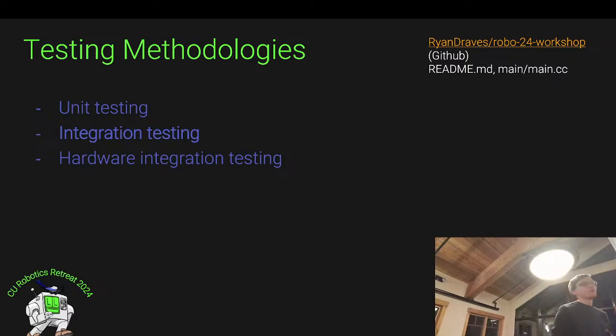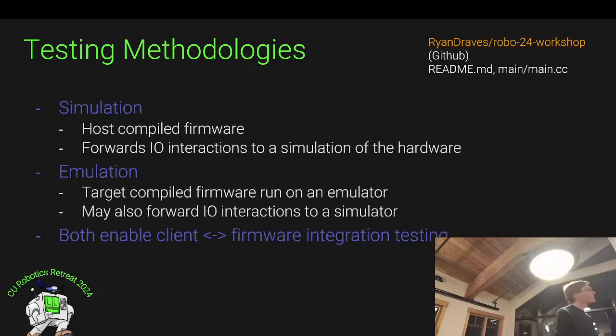So the next idea here is integration testing. How do I test my system end-to-end, right? Without hardware in the loop, there's usually two different options for how you do this. One of them is, instead of just abstracting away the GPIO interactions, how can I compile my entire firmware image onto the host? So abstracting everything it does. It takes quite a bit of effort, but once you have it, it's very nice.